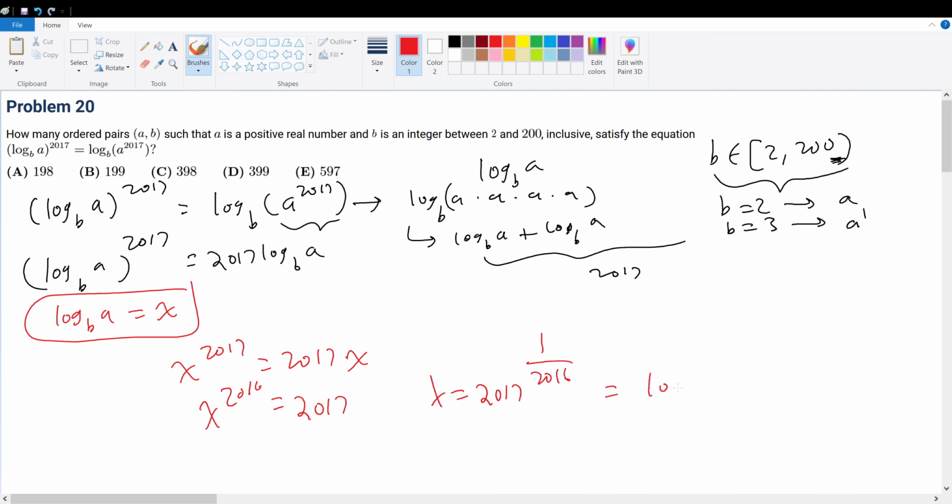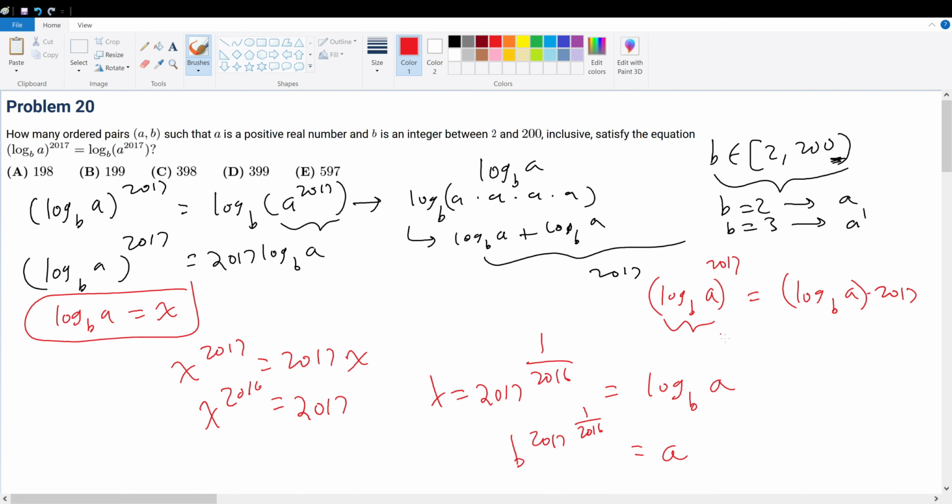But x, again, is log base b of a. So what can we say here? We can say b raised to the 2017 raised to the 1 over 2016th power is going to be equal to a. But what is one thing to note here? This quantity has multiple solutions, because you cannot think of it as just 2017 raised to the 1 over 2016th power, because we're trying to find all solutions, and we know that log base b of a could equal log base b of a times 2017, and this raised to the 2017 if this entire quantity is equal to